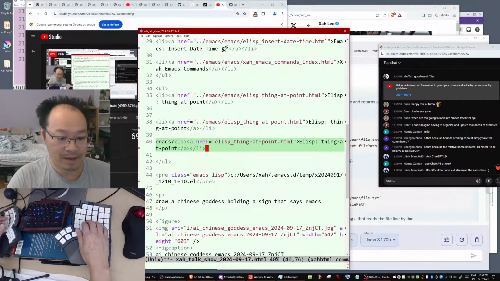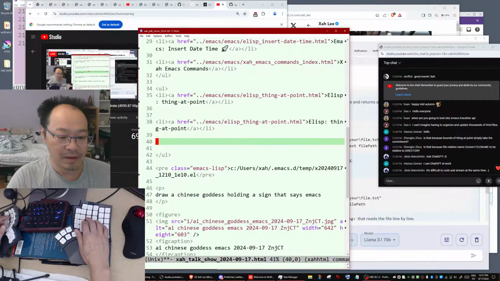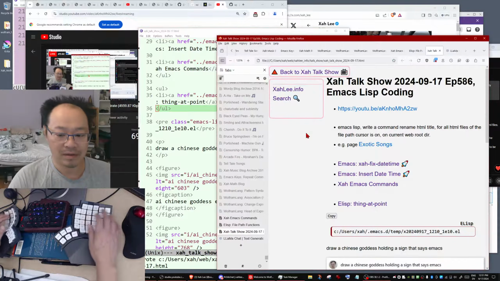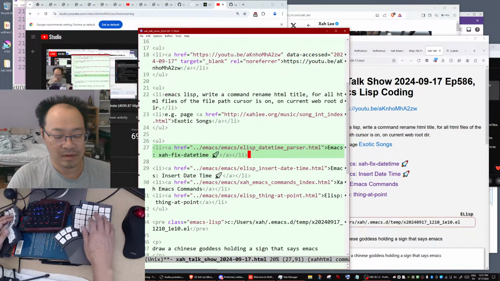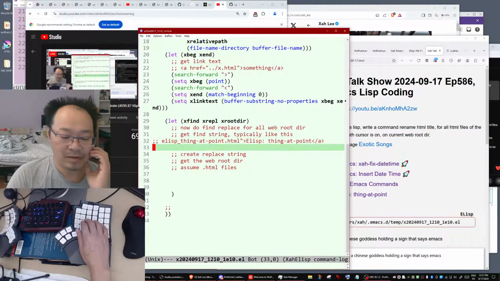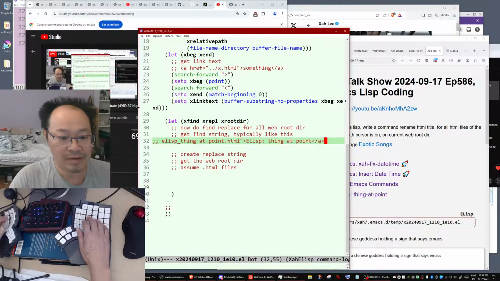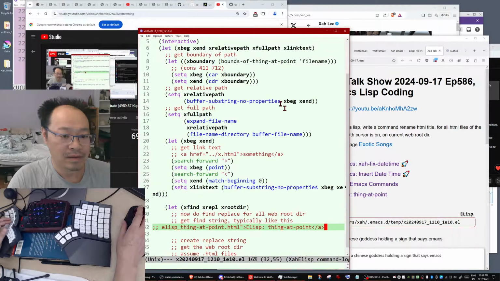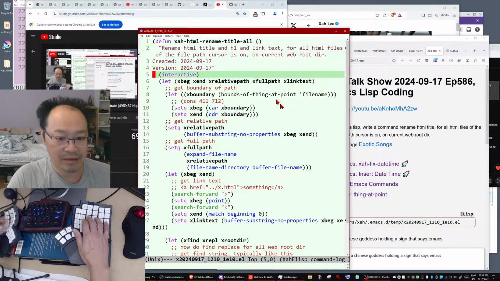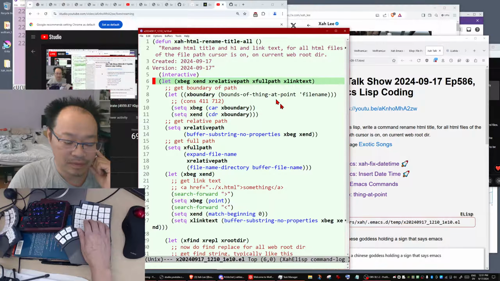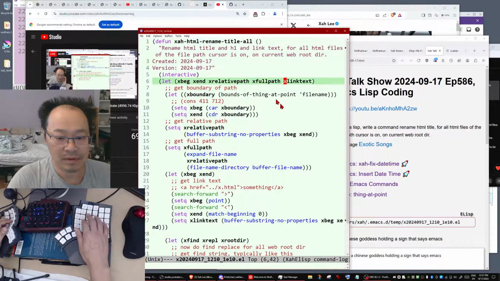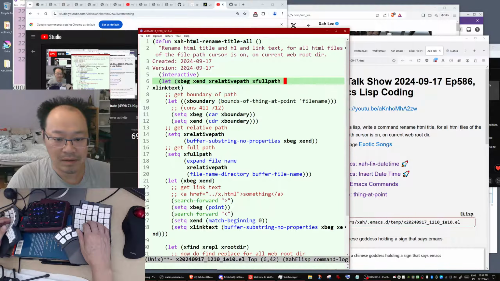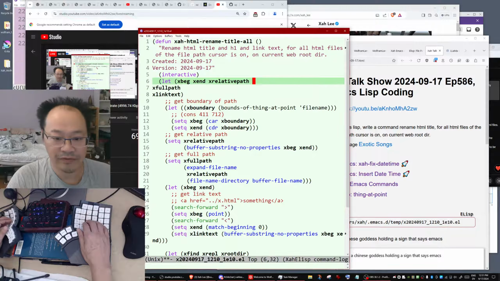So what we have here is relative path and full path. You've got a link text, and you've got a full path.